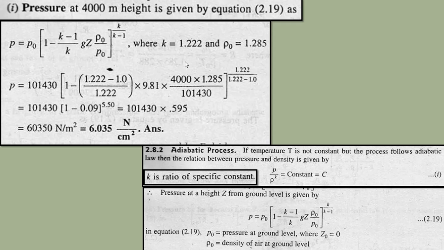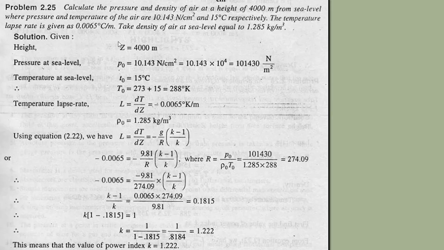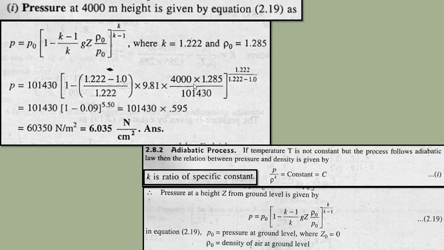So here these are the references for this. This formula, from where will we get it? We will get this formula here. For the adiabatic process, what is K, what is P, what is C, what is rho? That will be given here. Correct? These are the references for this numerical. So numerical 2.25. If something is missing, in the next video I will clarify this.